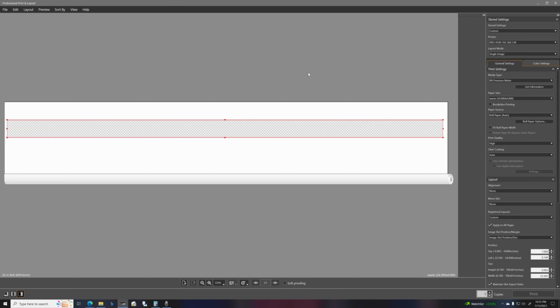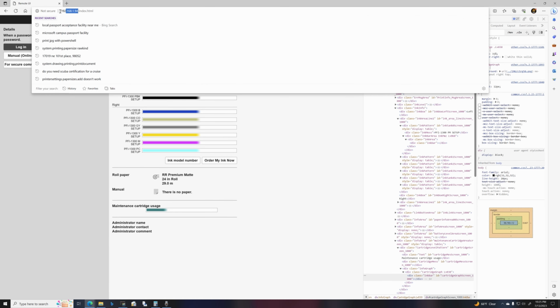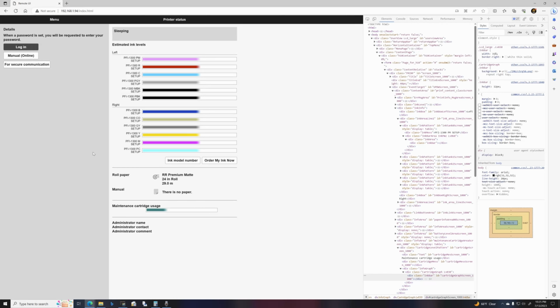Alright, so I wanted to show you how to look at your ink levels in the web UI for the Canon Pro-4100. I wanted to show you that when you found your printer using the professional printing layout, it shows you the IP address of your printer that is on the network. So, 192.168.1.94. If you open that in a web browser, if you just type http://192.168.1.94, it defaults to this index page, and I'm showing you in